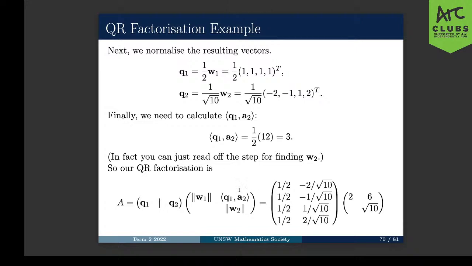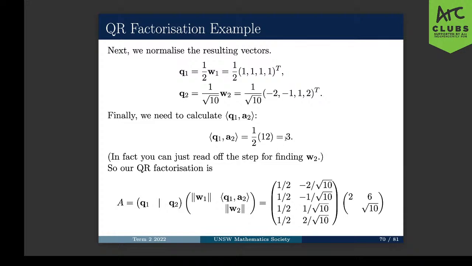And so for the QR factorization, we have this. We just put in the Q vectors. We put the norms, or lengths, of the W1 and W2 vectors on the diagonal and put the inner product here. And Q1 is half, half, half, half. Q2 is minus 2, minus 1, 1, 2, all divided by root 10. The length of W1, you can just find it here, 2. It's hiding over here. The length of W2 is root 10 because we divided W2 by that to get Q2. And the inner product finally,